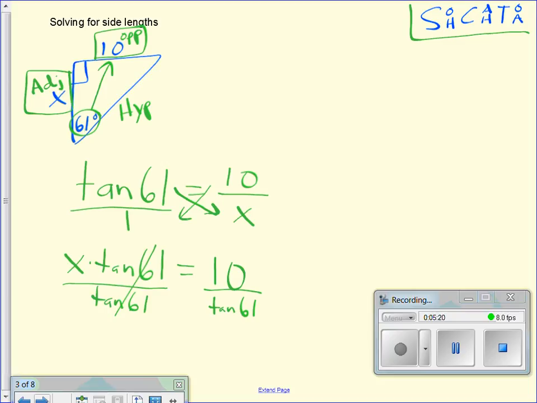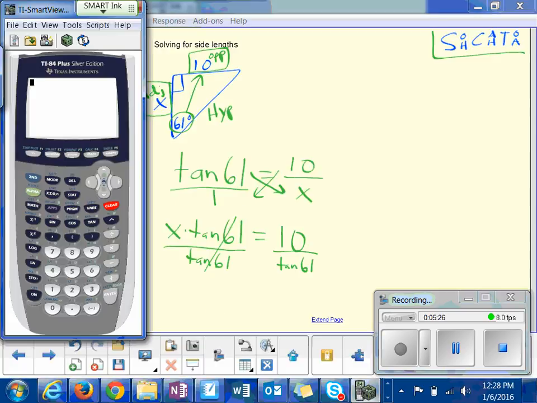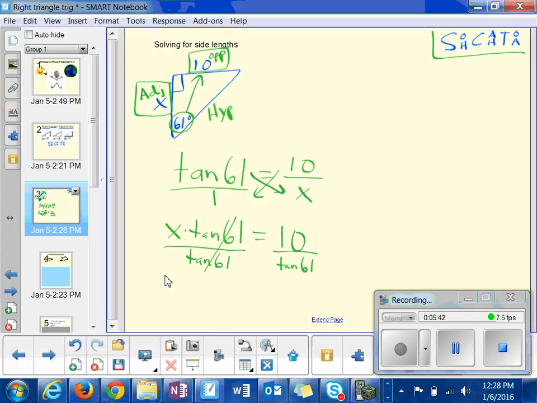So, anyone want to do that in their head? Didn't think so. So, we need a calculator. You need a calculator for this. This is not mental math kind of stuff. You're going to do 10 divided by tangent 61. Close the parenthesis and see what we get. I did close the parenthesis, but it's all good. That works anyways. We got